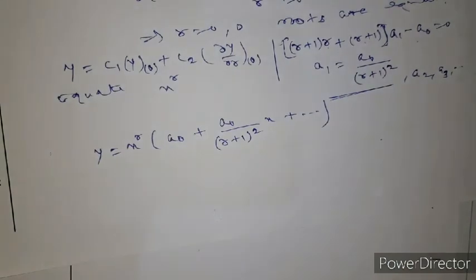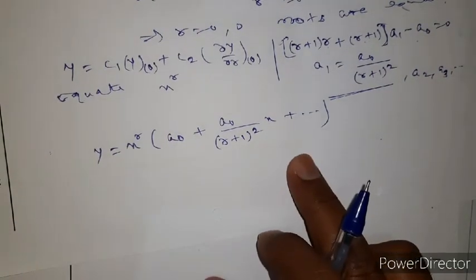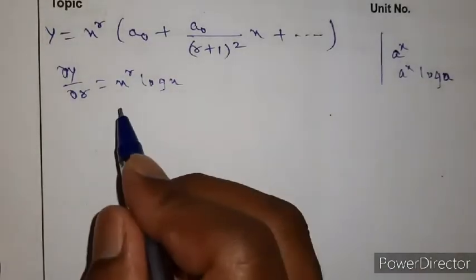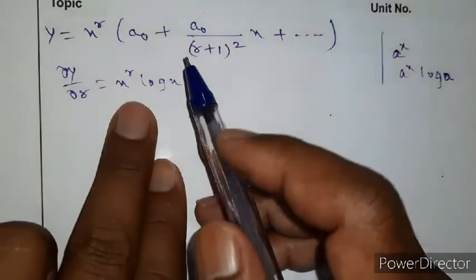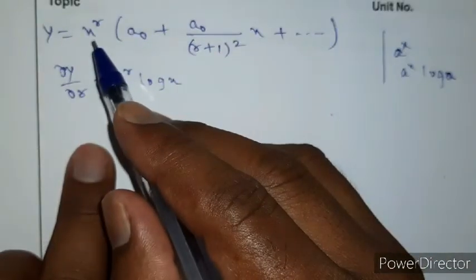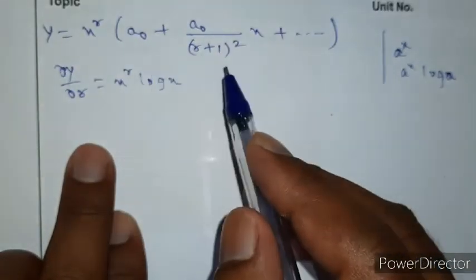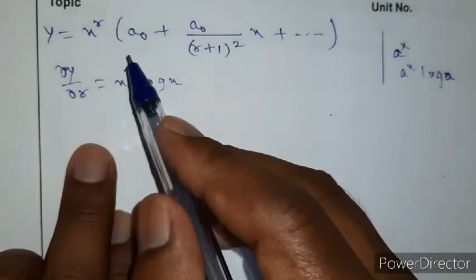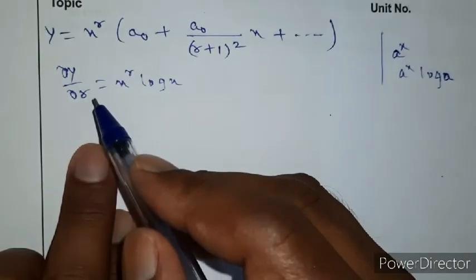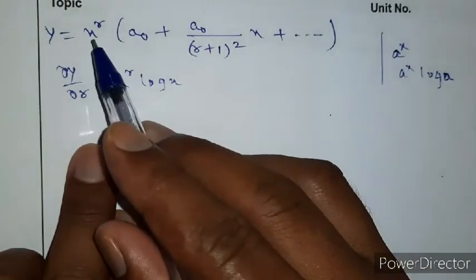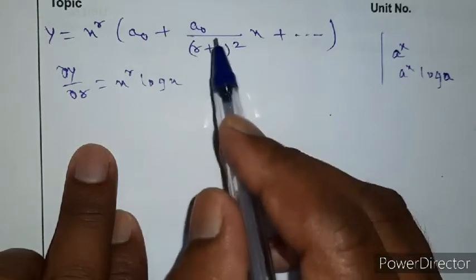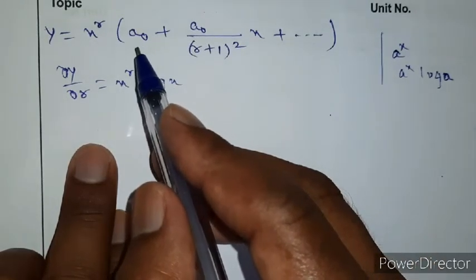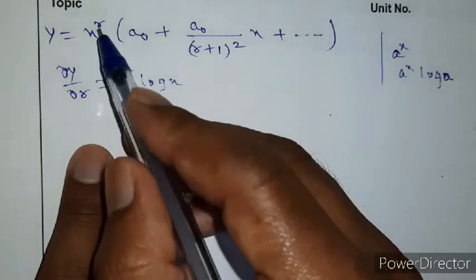Okay, now I need the derivative of this term. Derivative with respect to r. For dou y by dou r is equal to, here you have to keep in your mind, you have to take the derivative with respect to r. Why do we take the partial derivative? Because x and r, two variables are there. We need the derivative with respect to r, and here there are two terms of r, x raised to r also and inside also. So first we have to understand the concept of using the UV rule here. Now here x raised to r is one function.